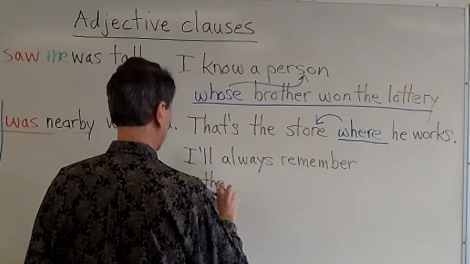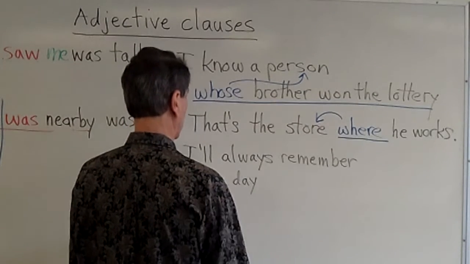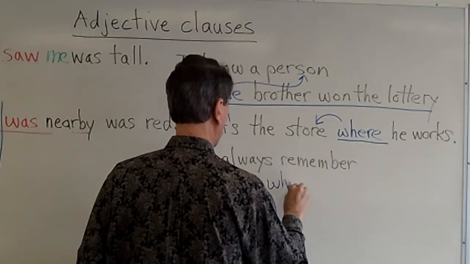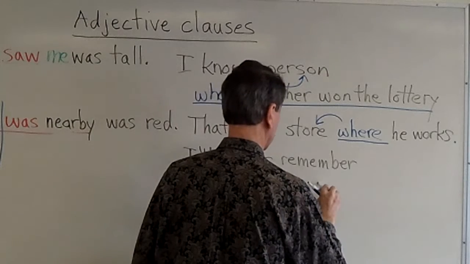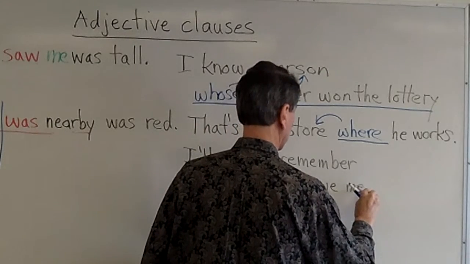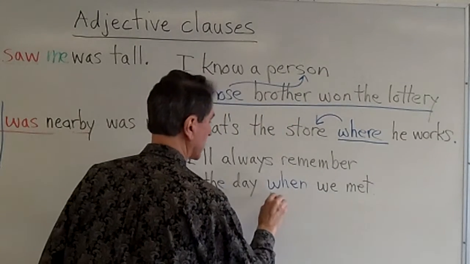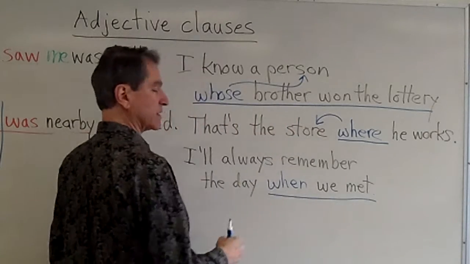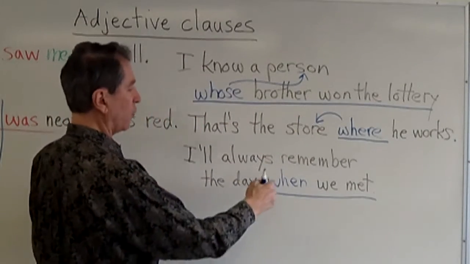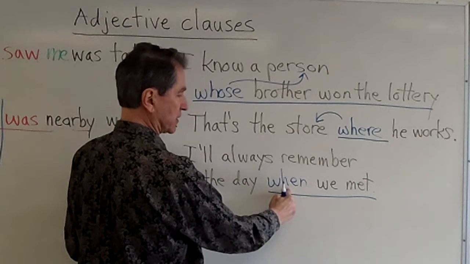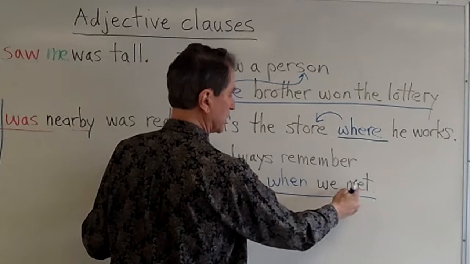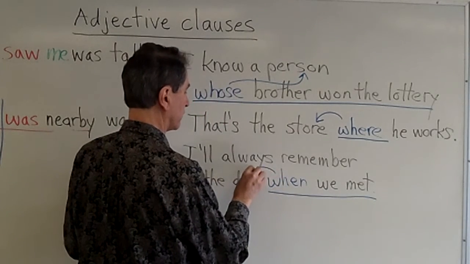I'll always remember the day when we met. When is the last marker I'm introducing today. When we met, notice there's a marker, there's a subject, and a verb, and all of this gives more information